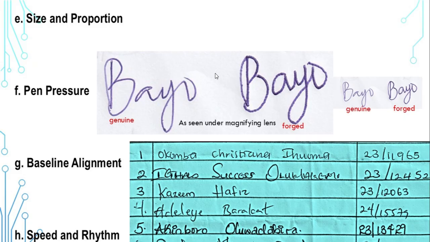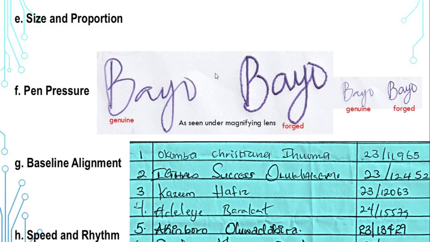But in a situation where you are writing genuinely, when you are writing from your own brain, or maybe you are signing, it will flow. If you want to write your name, you don't need to be thinking or looking at another document before you copy your own name. Your name has become part and parcel of you for years. So you can write it, and the fluency will be so much that